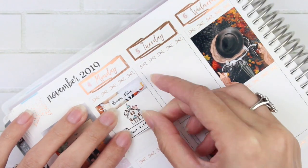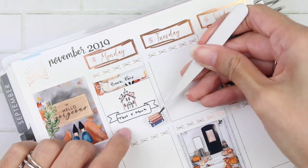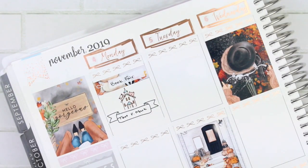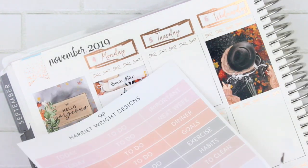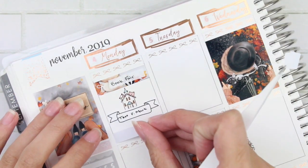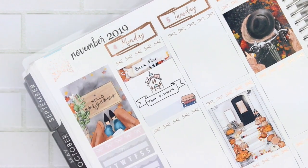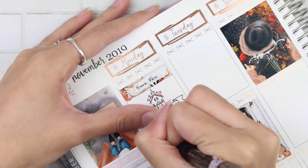And then on to Tuesday, I needed to use a custom that I have from Kenzie's Creations that says SFA grades, but it took me forever to find it. So that was kind of a struggle. And, I'm just kidding. I'm marking something different. So I'm using a little thing from the kit and then a book doodle stack from Paper Bow Prints, and I'm